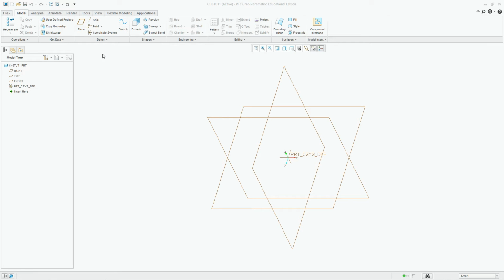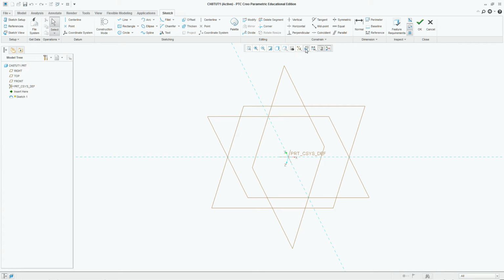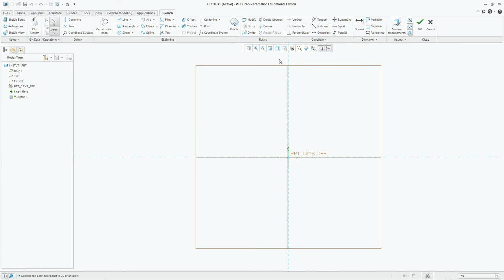of the sweep. So what I want to do is go to my front plane and do a sketch. And we'll go to sketch view. For this, I need to know the radius of the bend that I have here, and in this case the radius of the bend is 26. So I am going to draw a circle, and for the diameter of the circle I am just going to do 26 times 2, which is going to give me the 52,